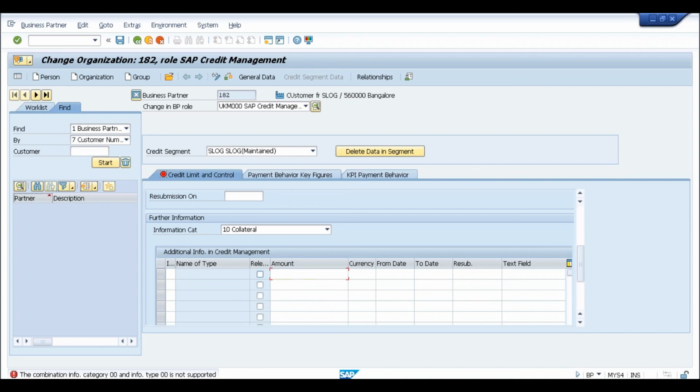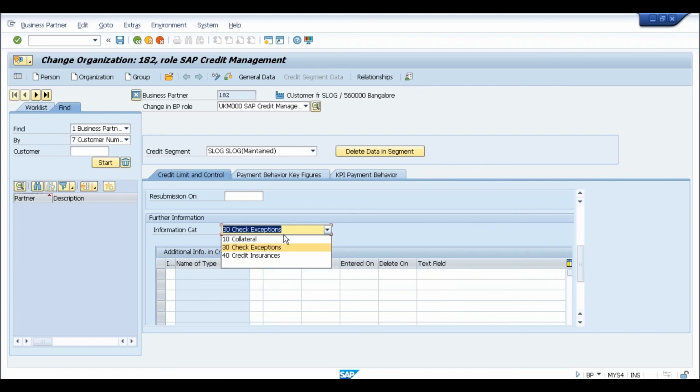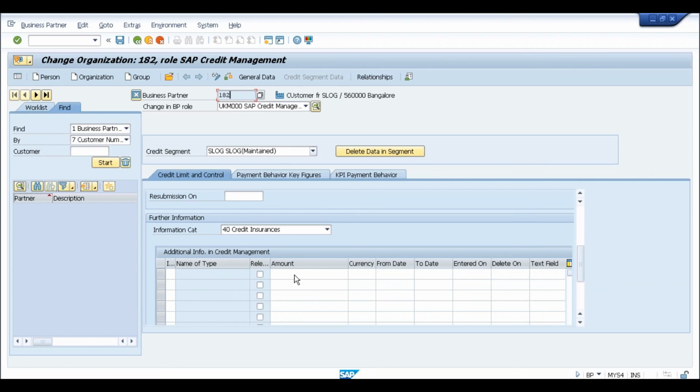I need to check this. This is something which I cannot try. Check exceptions is something which is not required. Let me just check this. I have not checked this in any system, because normally when you work on conversion projects, SAP has provided a tool by which whatever data is in your FB32 screen gets automatically copied into the new screen. Whatever customers you have created and the credit master data available in FB32, once you use that tool, it automatically becomes your business partner, and all the information you entered in FB32 becomes available here in this screen.